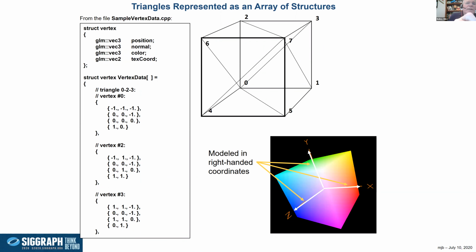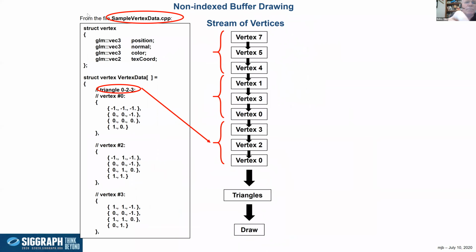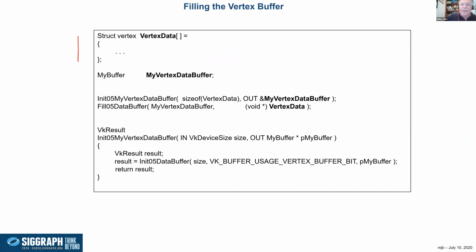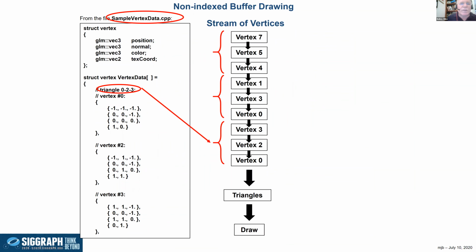Here's what you find in the vertex data file. You'll see that there's a struct. Every so often the pen triggers a page change, sorry. And